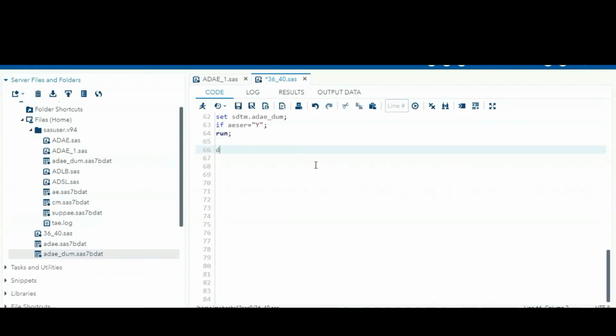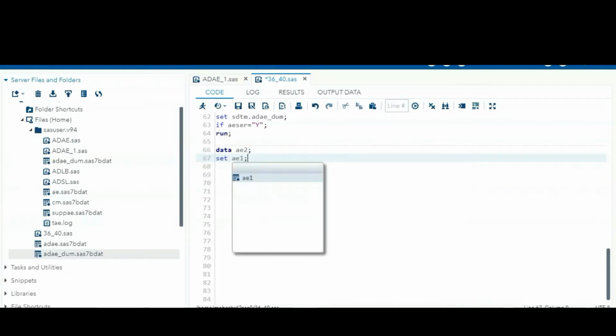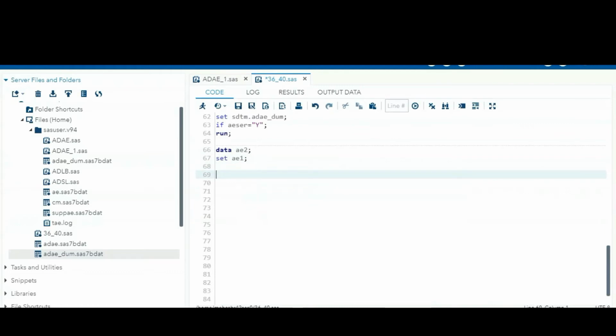First, suppose they are asking in the listing for just two variables, for example USUBJID and AETERM. They want to list out only these two variables. If the data is there, we represent these two variables. If the data is not available, with 0 observations, we can report 0 observations in the proc report. So here, AE2.